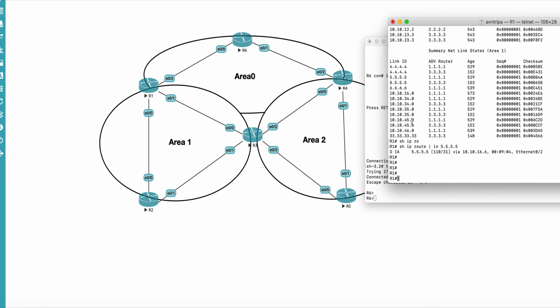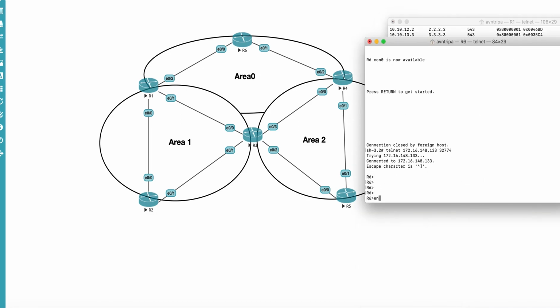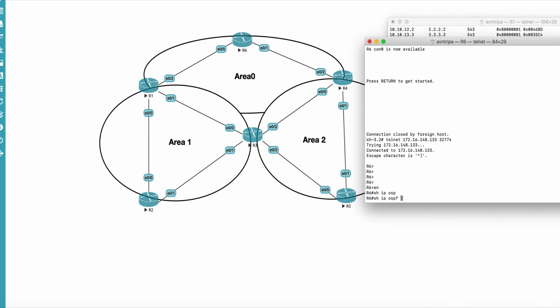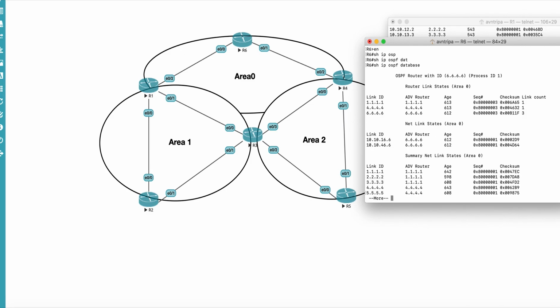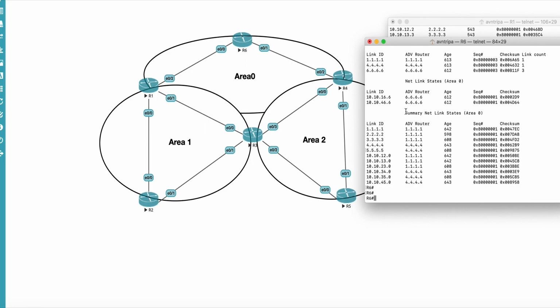So what we can see is that R1 is receiving LSAs from R3, but let's confirm that it is not using these LSAs. So let's go to R6 and run show ip ospf database. As we are aware, within an area we have the same database. So R3 is not forwarding any LSAs to R6, and we cannot see anything in the summary LSAs received from router R3. Why? Because R3 does not have full adjacency.